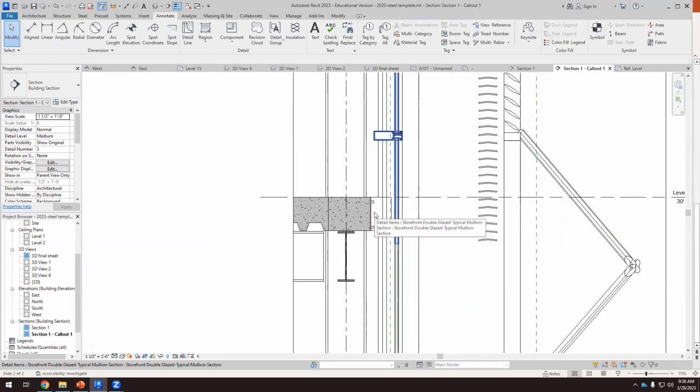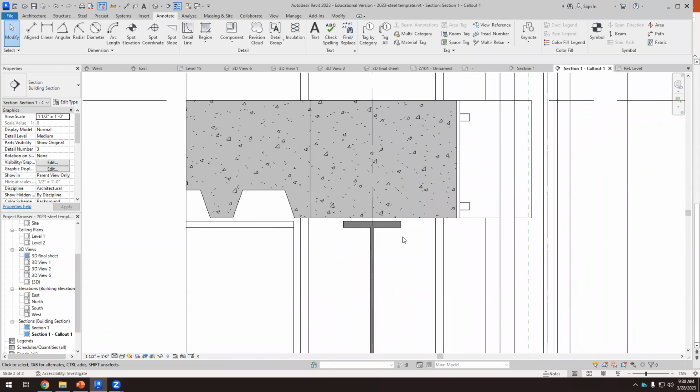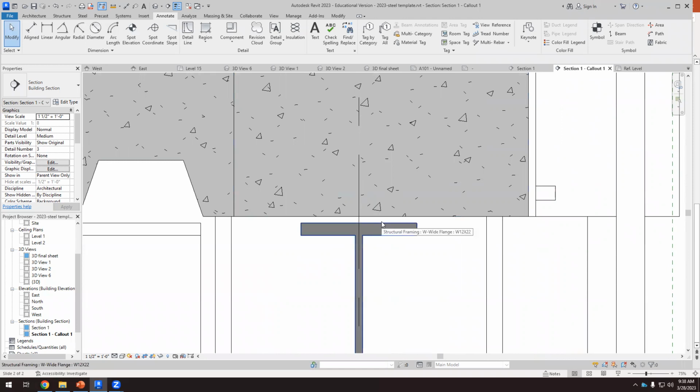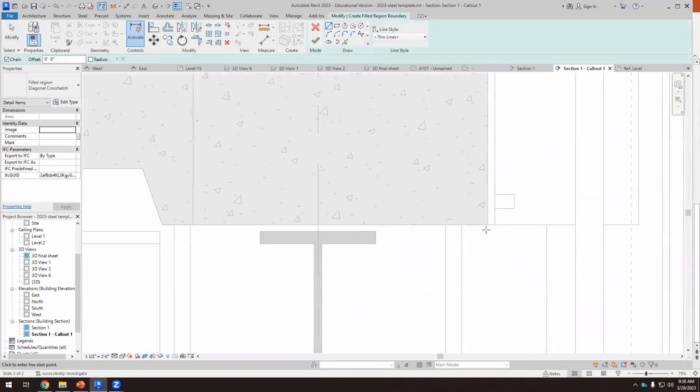Can we make it better? Yes, we can. And we are splitting hairs here. Okay, so we are, because you see that there is a gap between the concrete and the steel. So we can fill this gap with a thin layer of steel. So let's do it. I'm going to create another filled region, and